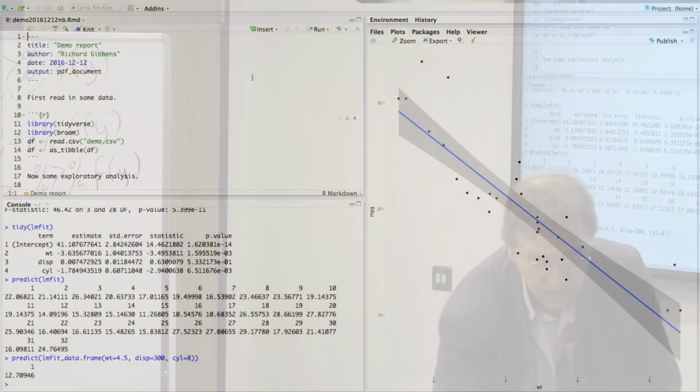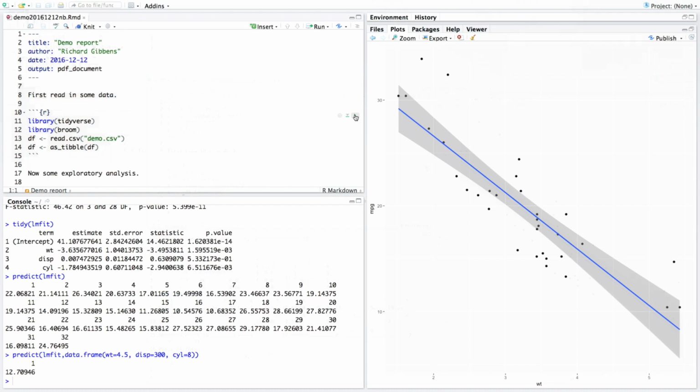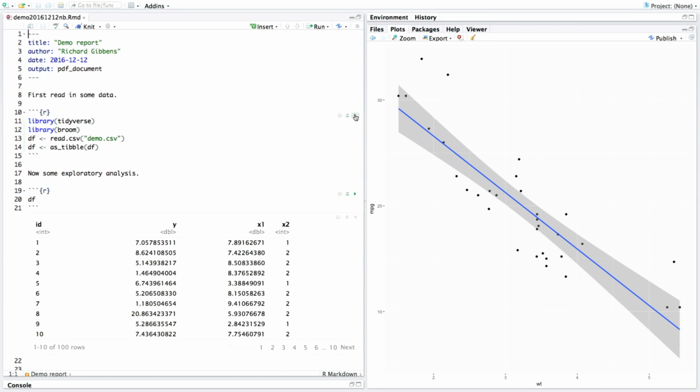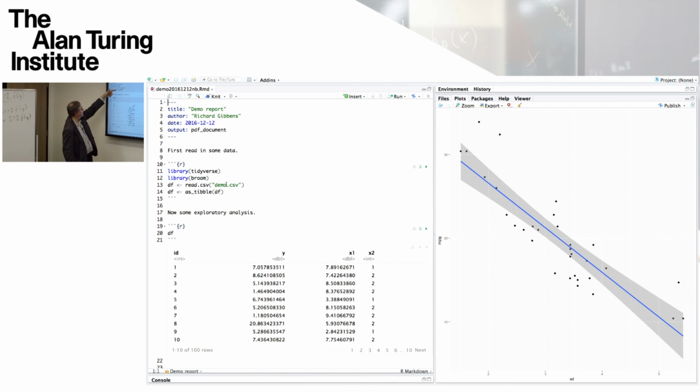So in the document, if I click on the green arrow that appears whenever you insert one of these things, it will execute that bit of R and build these two data frames. A data frame obtained by reading a data set called demo.csv, which was in the current directory, and then I've taken that data frame and turned it into a Tibble style data frame, so DF.